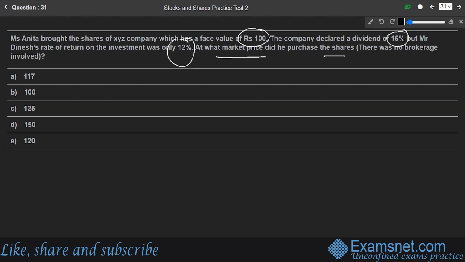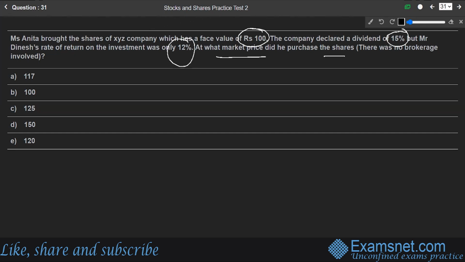So clearly the rate of interest is given, the rate of dividend is given, and you can easily see that the face value is also given. We are supposed to find out the market price of it. So to solve this particular question, first of all, we'll be able to find out the dividend on each share. Okay, as it is given 15%, and face value is 100 itself, so clearly it is 15 rupees only,